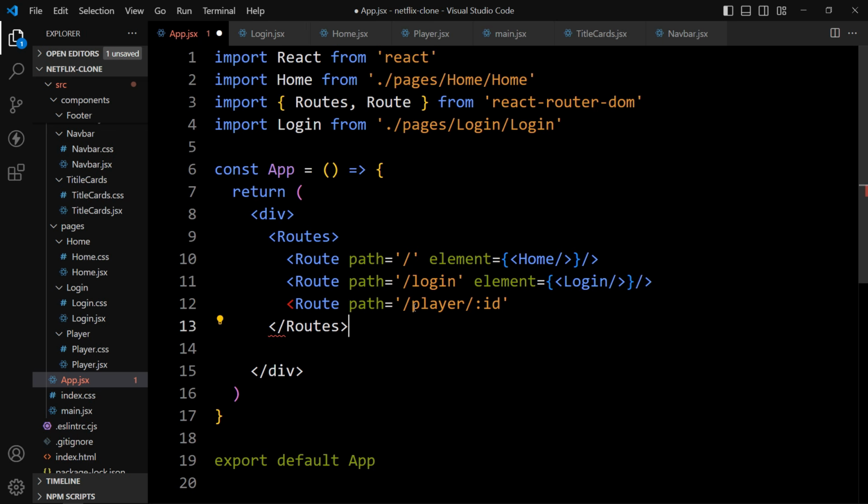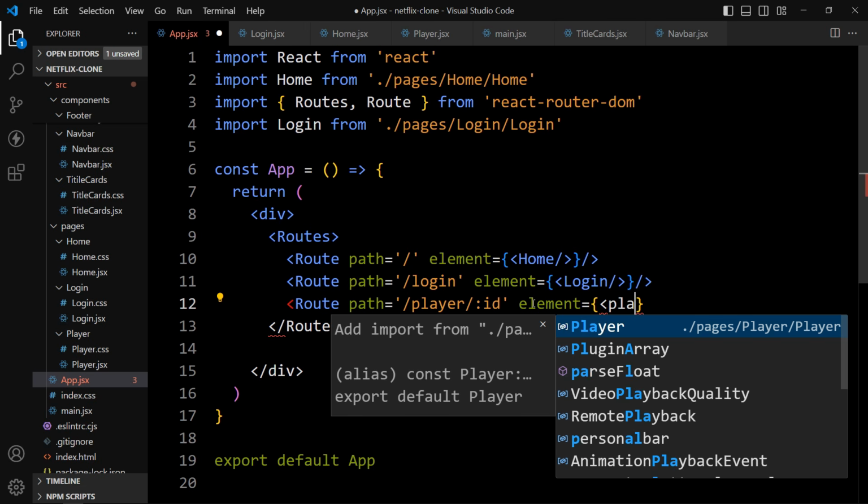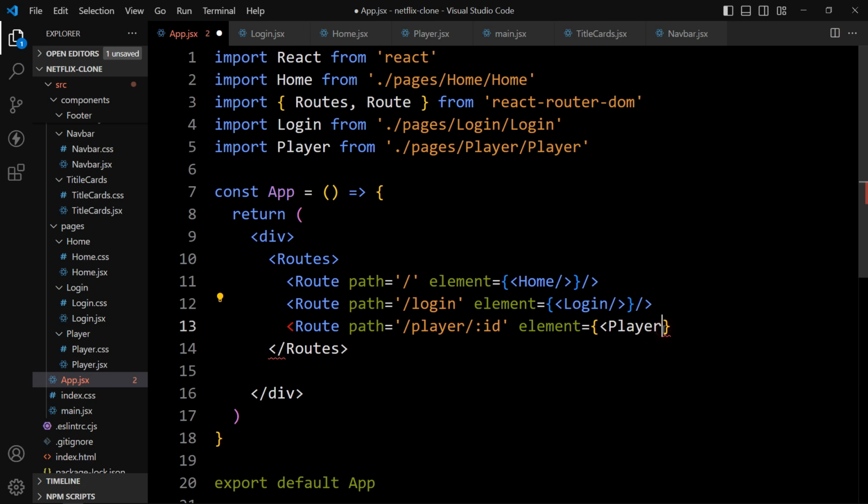So here, if I type /player and after that if I type any number, then it will display this element that we will add here. So we will add the player component. So let's use Player, select it from here, close it, then close this route also. So this player has been imported.